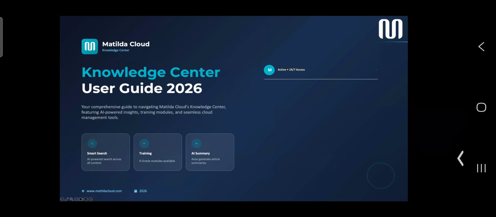Okay, so now looking at the heart of the enablement program, which is the Knowledge Center, it is intended to be your comprehensive hub for navigating all things Matilda Cloud. A couple of capabilities stand out. For one, there is a smart search feature that gives you an AI-powered search across all the content. Each of these I'm going to talk to a little bit more in some future slides, but there's also on-demand